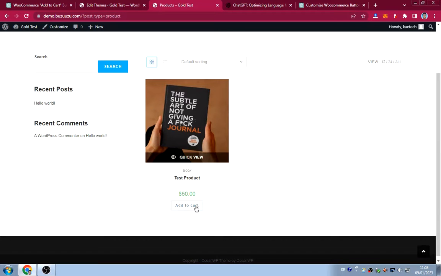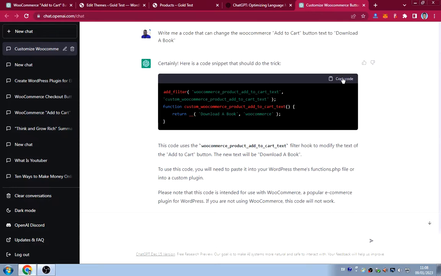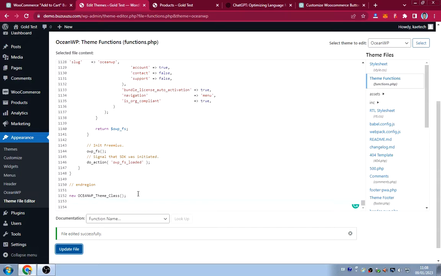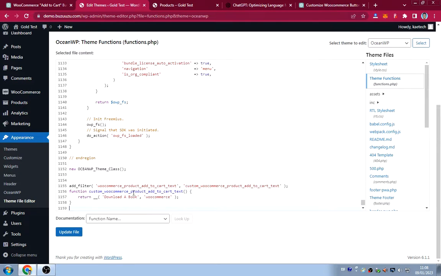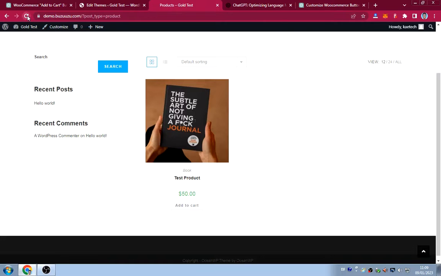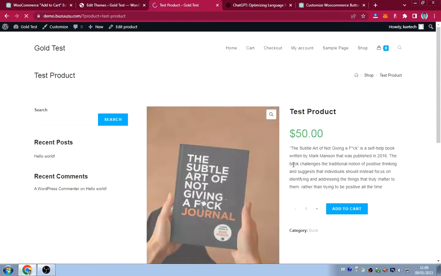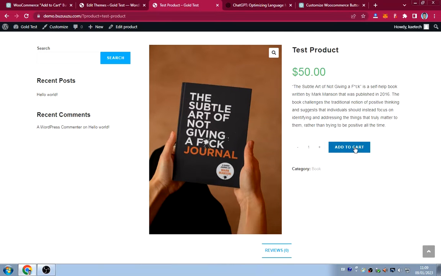Now if I want to change this add to cart button, then I need to copy this code that ChatGPT gave me, and then come back to my functions over here, go down, and paste it over here. Now remember to add it to the last end of your functions.php file. Then just click on update, and when we go back and refresh, we're going to see download book over here. As simple as that. Now let's go over here and see if it's also reflected over here. As you can see, it doesn't reflect in the